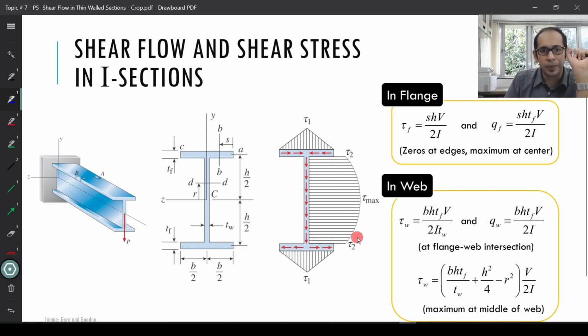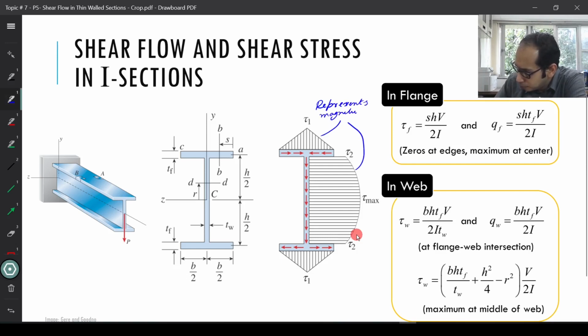It is not representative of the direction that you have. So maybe it's better to explicitly write this down. So what you see over here, these guys are only... so this represents only the magnitude and not the direction that you see over here. Okay, so what I want you to have as a takeaway from this, instead of remembering all these numbers and so on,